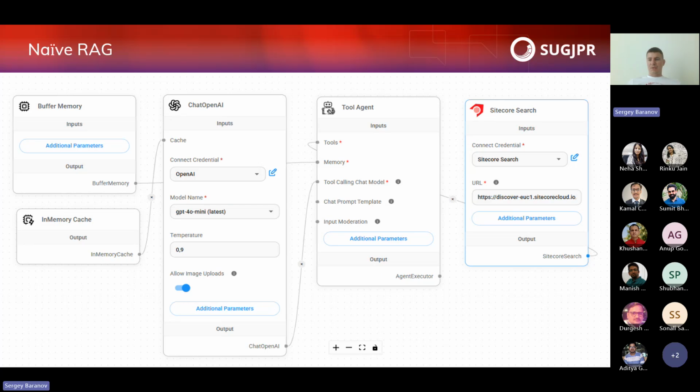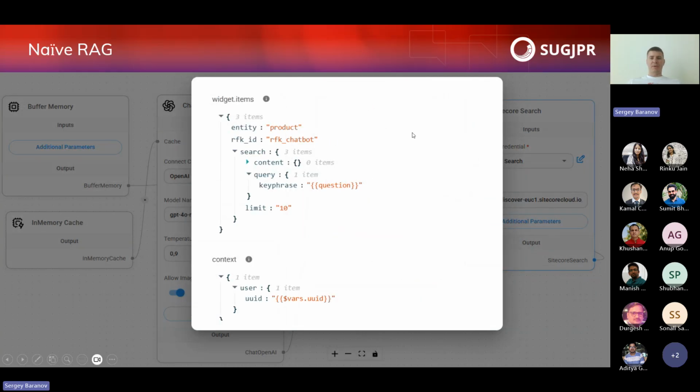And the last thing we need to do is configure the connection to Sitecore Search. We just need to provide credentials and point to the URL where our tool agent will hit. And finally, configure some parameters for the Sitecore Search request. So as you can see, we just forward the question of the user as a key phrase parameter, asking for about 10